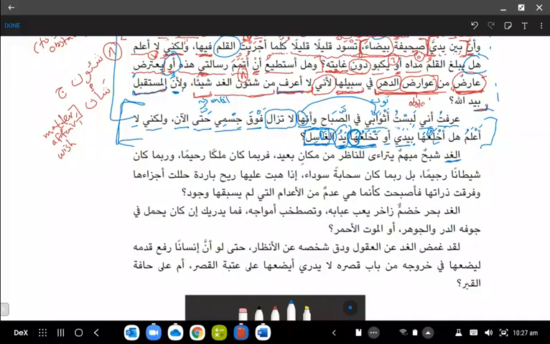Jumla ismiya, isn't it? Any sentence that begins with an ism will be a jumla ismiya. Any sentence that begins with a fi'l will be jumla fi'liya. So if it's an ism, then you know that the first word will be mubtada. So what do you need to find? You need to find the khabar, right? And remember, the khabar could be a word, a phrase, or a full sentence.